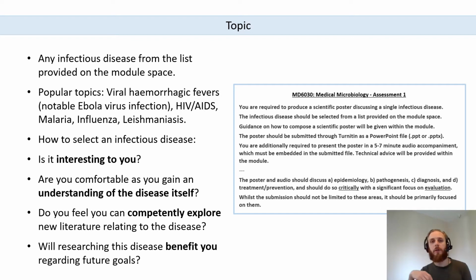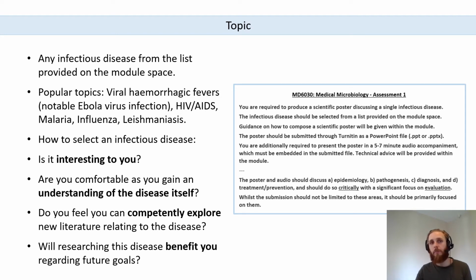If you're thinking about going into research, looking at a particular infectious disease, or you're interested in a PhD studying a particular infectious disease, or even a field within medical microbiology, so you're thinking about going down a pathway where you're looking at bacterial infectious diseases, this is an opportunity for you to tailor the module towards your interests. So if you're interested in pursuing bacterial infectious diseases, then you should probably pick a bacterial infectious disease for this assessment, because then when you're applying for masters, when you're applying for PhDs,